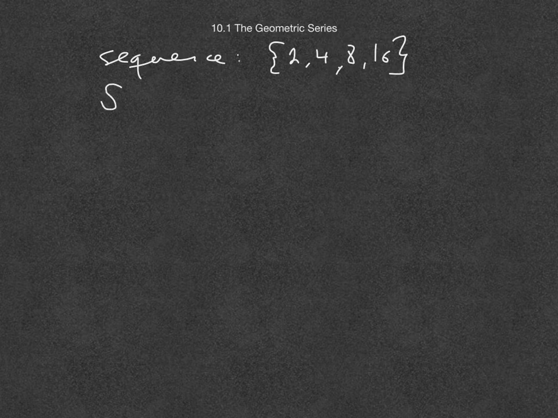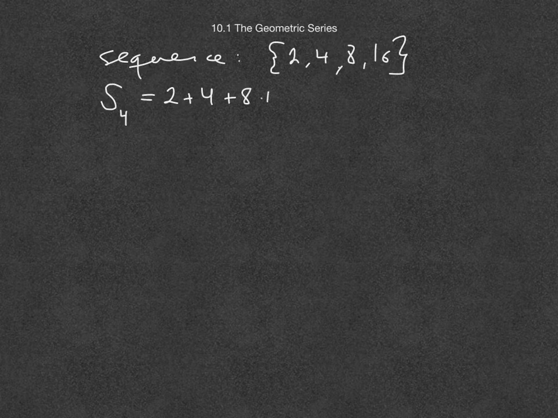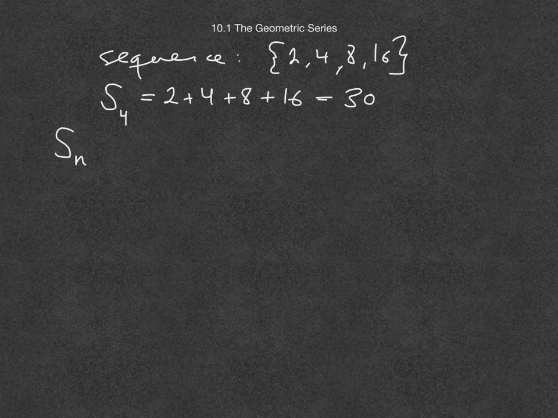And let's use an S to do that. And we want to sum up the first 4 terms of this sequence. So the sum of these would be 2 plus 4 plus 8 plus 16, which would be 30. Now, if we had more terms than this, if we had n terms in our sequence, and we wanted to sum it up,